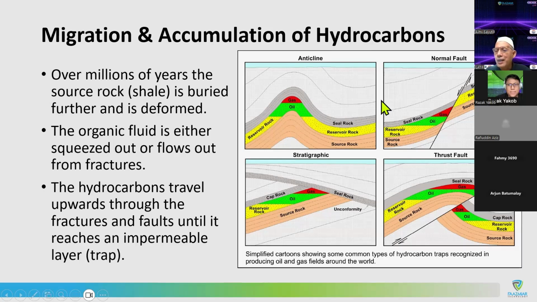So this is a syncline. This is the normal fault. That is the thrust fault area. These are all the types of trap that will stop the migration of the hydrocarbon from the source rock to surface. So this is what we want, and this is what geologists have been looking for in their seismic survey, in their study, looking for potential traps, and then to confirm there's gas or oil, we drill a well.